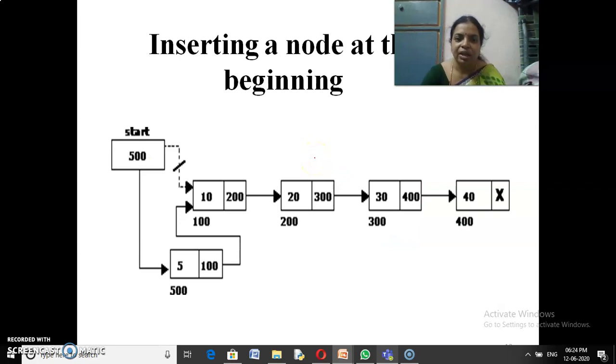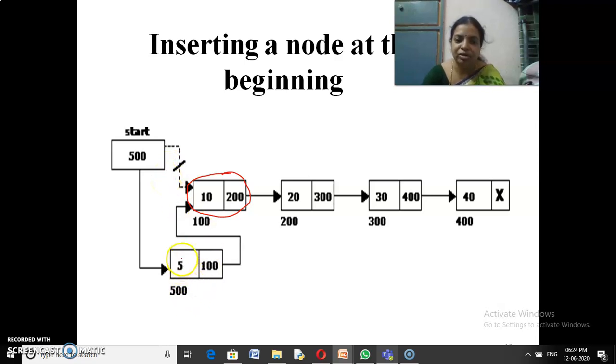Next, we'll start with inserting a node at the beginning. There is already one starting node in the linked list, and before the starting node we need to add one more node as the starting node.